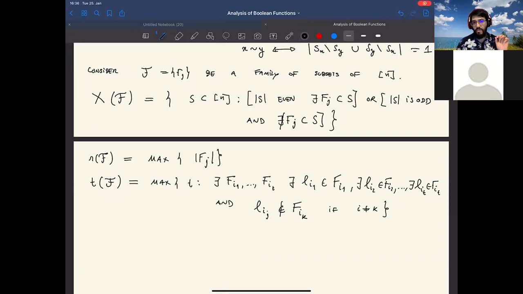Okay, so in a way you can find subsets in this collection F, such that each one has a member which is not in any of the others. That's it. So a collection of sets, each one has a member which is not contained in any of the others. And the maximal collection of sets you can make with this property, the size of this maximal collection is T. Okay. And then the claim